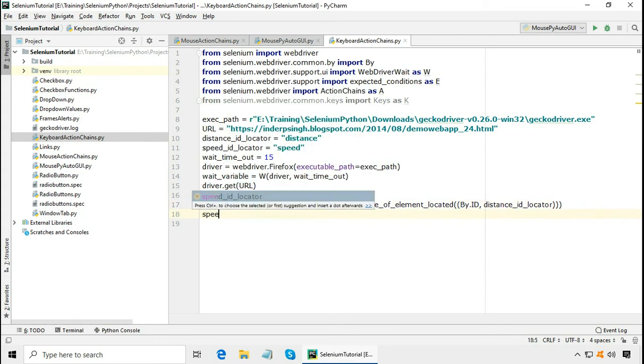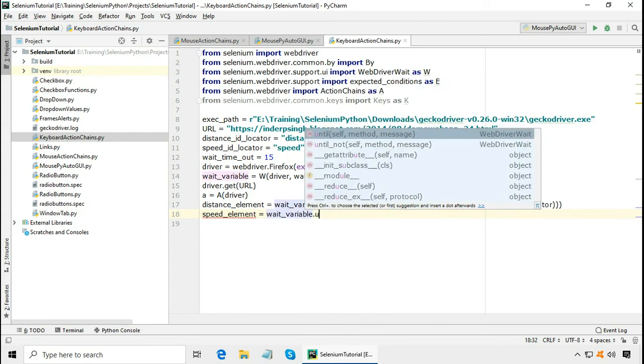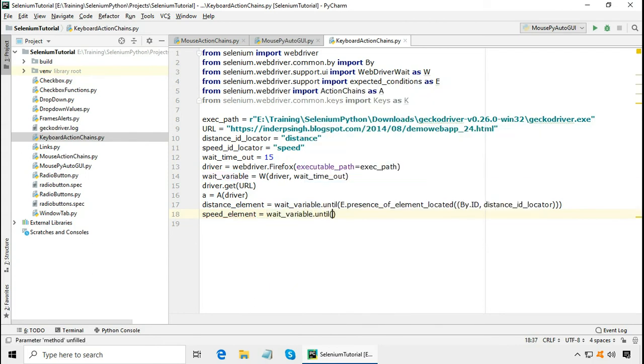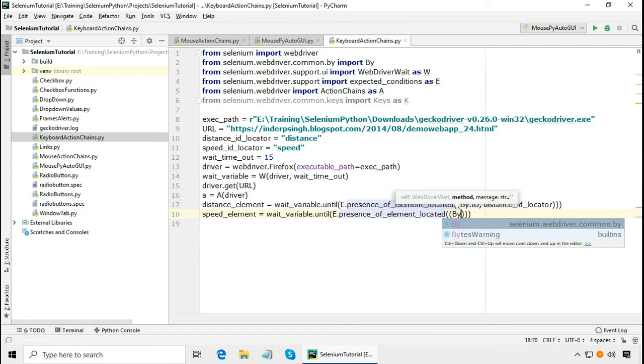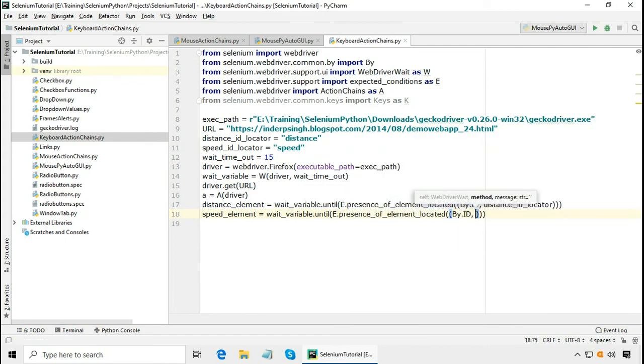Then similarly let us find the speed element. Again wait variable dot until expected conditions dot presence of element located. This is also by ID, speed ID locator. Let us call the Selenium Python send keys method.